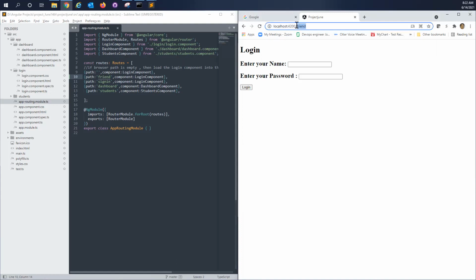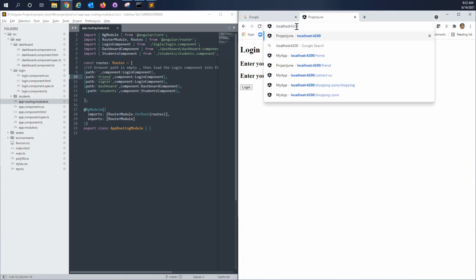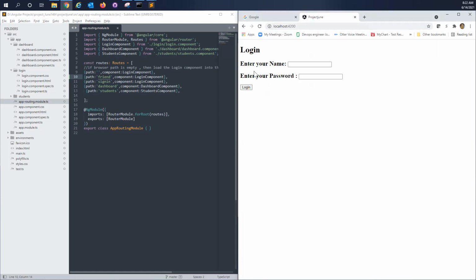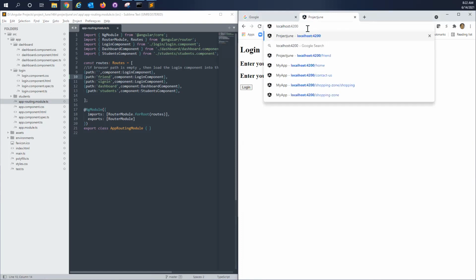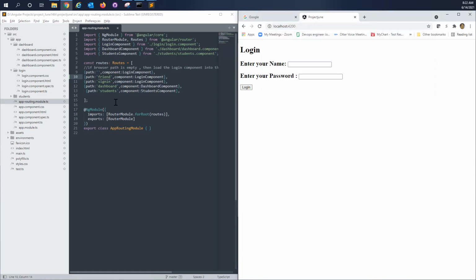Okay, the same thing for queries also, I feel. Now at line number 9, when the path is empty, you have given the login component. Instead of that, place the dashboard component there. Yeah, sir. You go to line number 12 and double click the dashboard component after the component colon.